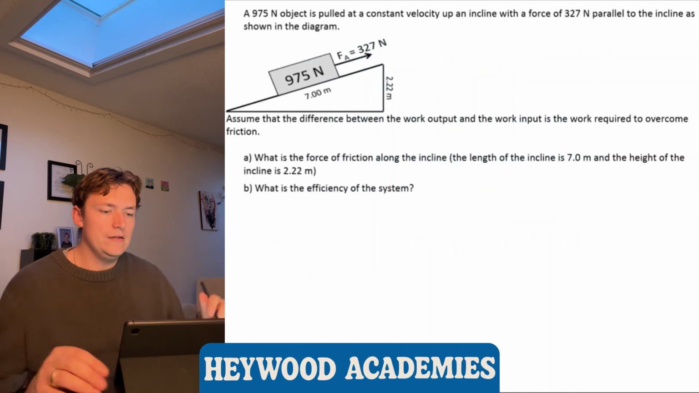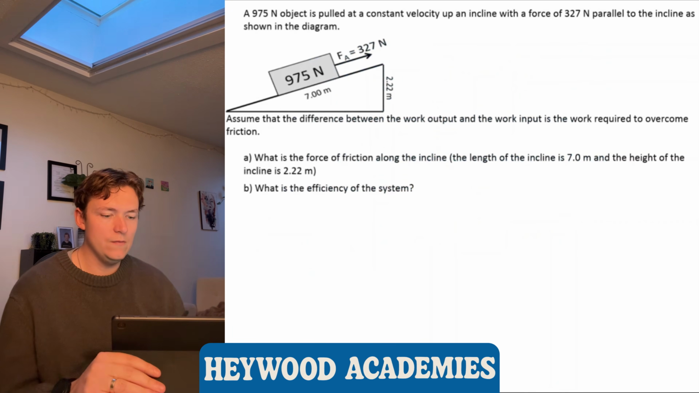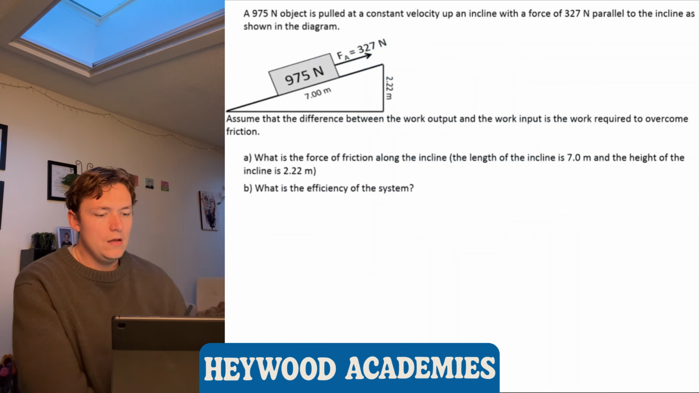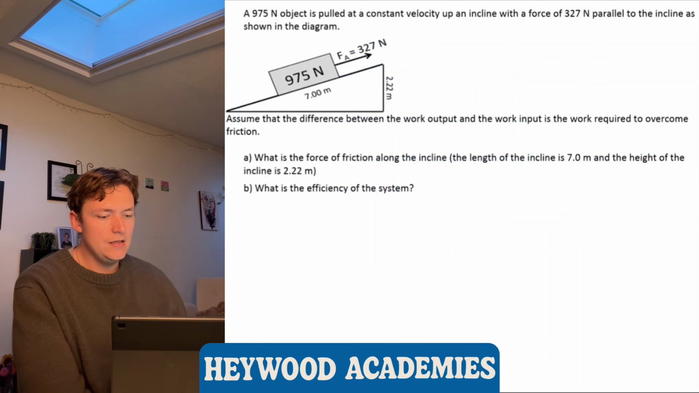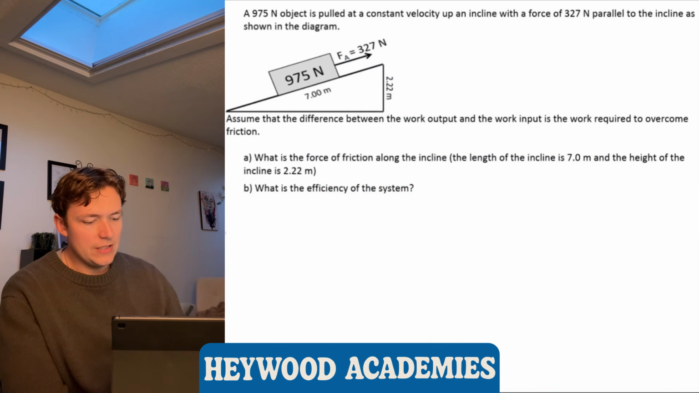Okay, so a lot of different stuff going on in here, so let's see what we need to do to sort this out. So, we've got constant velocity, we're going up a certain height, and we have a certain distance. So let's think about this in terms of forces related to work and change in energy. So let me start with the work